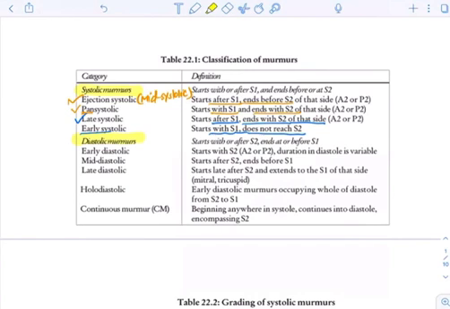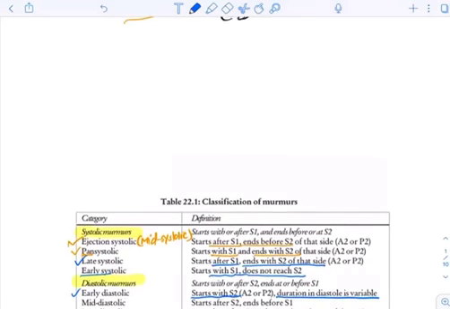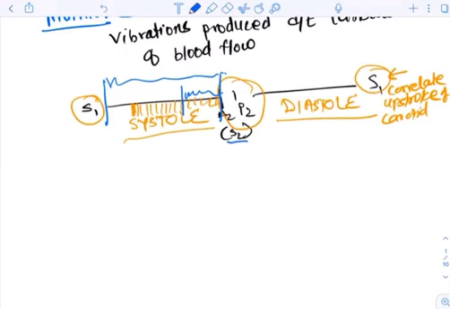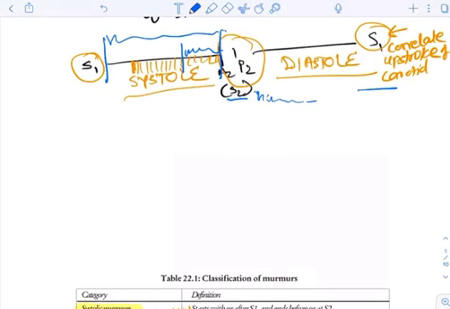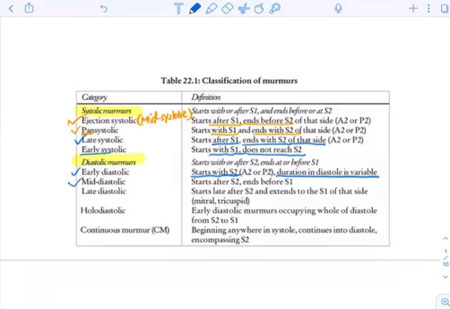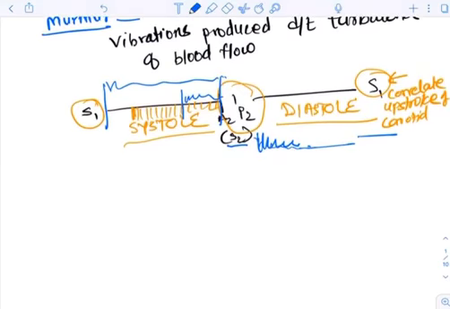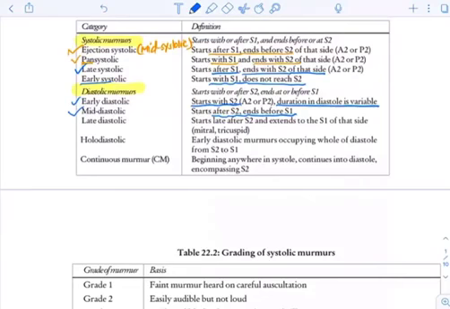Next are diastolic murmurs. In diastolic murmurs, first is early diastolic. Early diastolic starts with S2. Duration in diastole is of course variable. Diastole, we know, is from S2 to S1, and early diastolic means after S2 you will hear the murmur for some time like this, and here it will terminate. Next is mid diastolic, which starts after S2 and ends before S1. So it will start well after S2, somewhere here, and end before S1. This will be mid diastolic murmur.